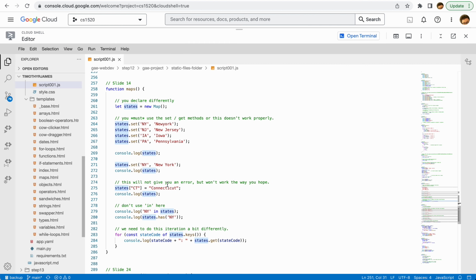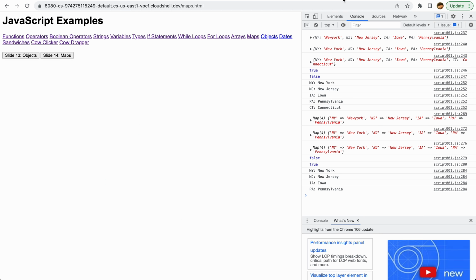There's one important difference to note here. Here you can see that what we're doing now is adding a property to the map, but not actually adding the key and value to the map. So this doesn't work. JavaScript's a little loose with some of the checking that it does. And you can see this actually doesn't give you an error anywhere, but we'll see Connecticut is missing from this